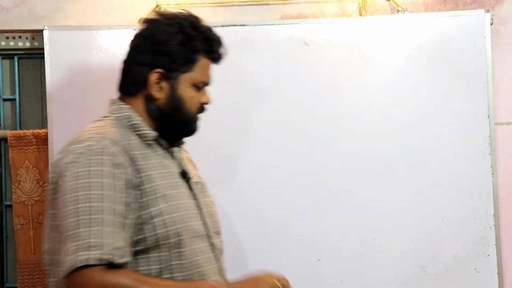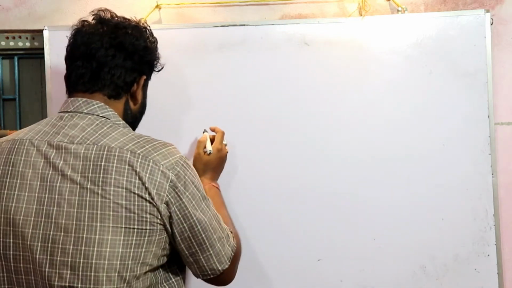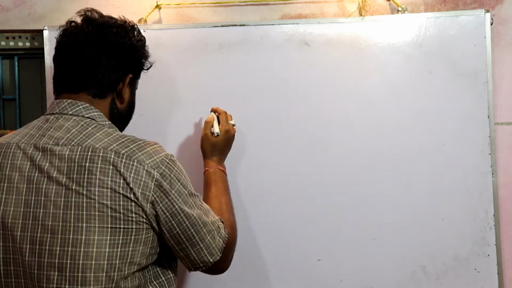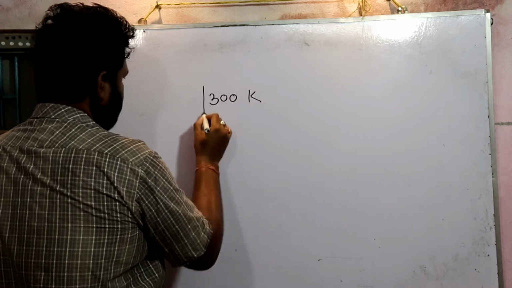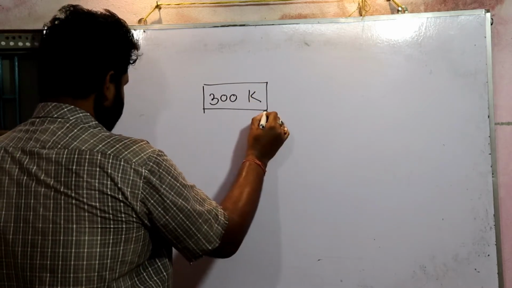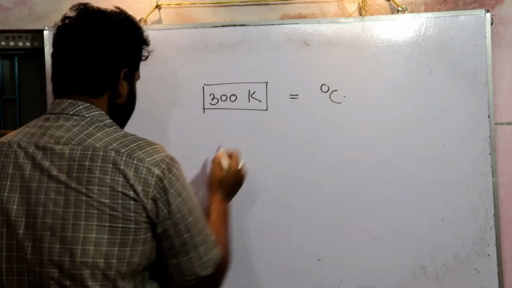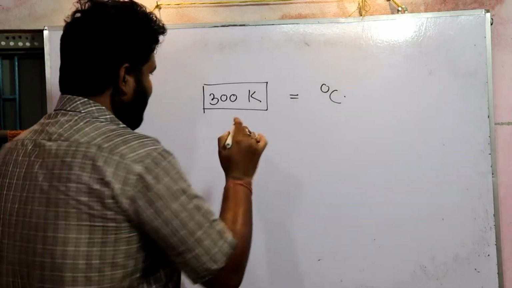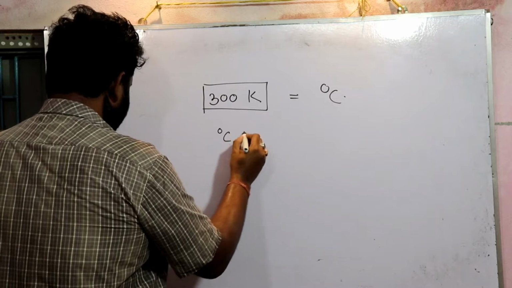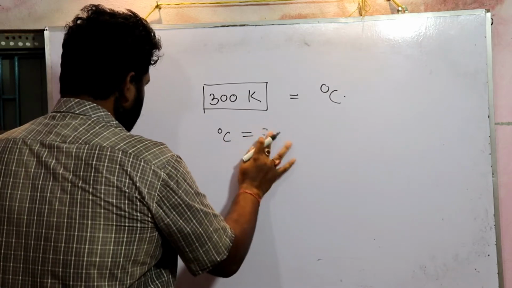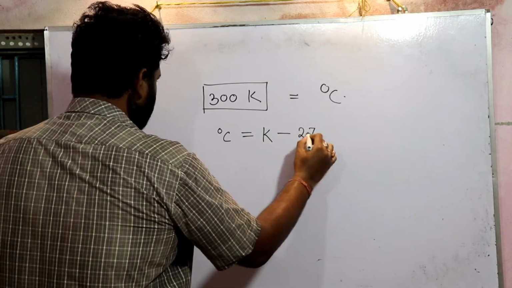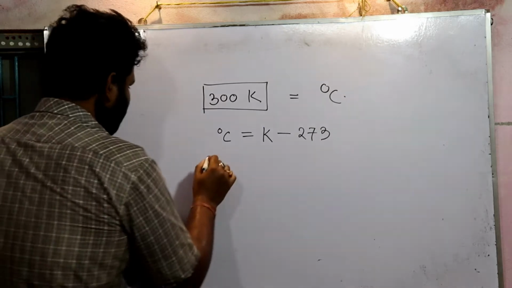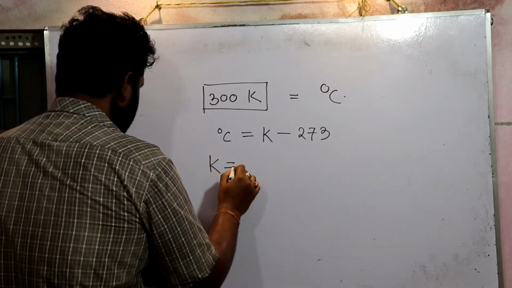The first question of your exercise is to convert the temperature into the Celsius scale. Number one, 300 degree Kelvin. That means we have to convert this 300 Kelvin temperature into degree centigrade. Students, we know that degree centigrade is equal to Kelvin minus 273, or Kelvin is equal to